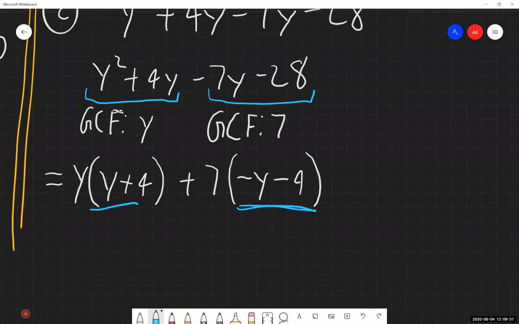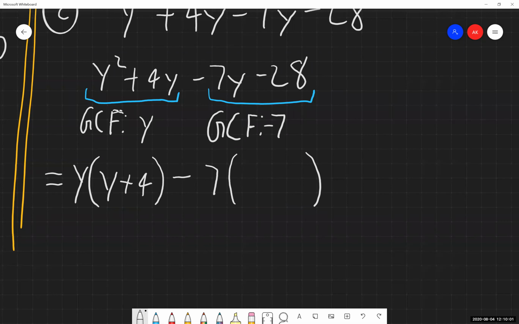When this happens, and it's very understandable if or when it does, this is our cue to go back one line before and change the greatest common factor that I used. Instead of a positive 7, I need it to be a negative 7. So let's adjust our answer accordingly. And if you have to do this, it's not uncommon. It's a very regular thing that shows up.